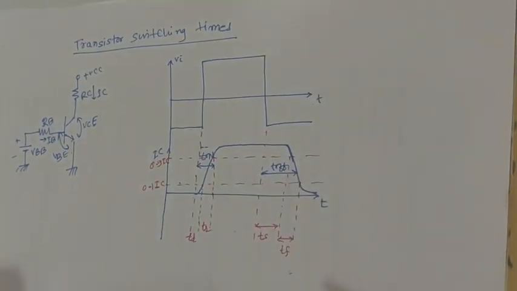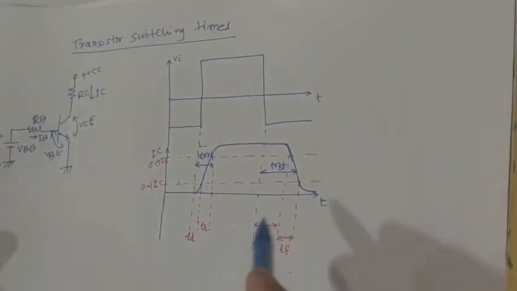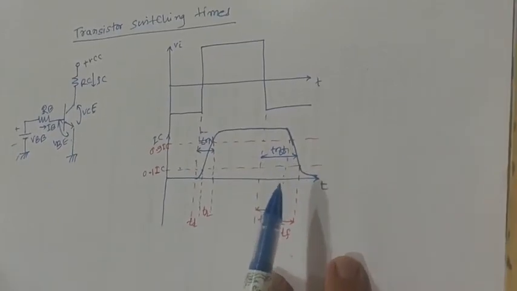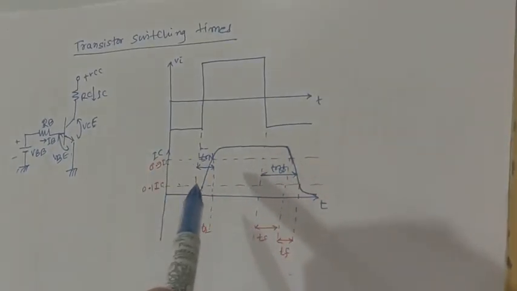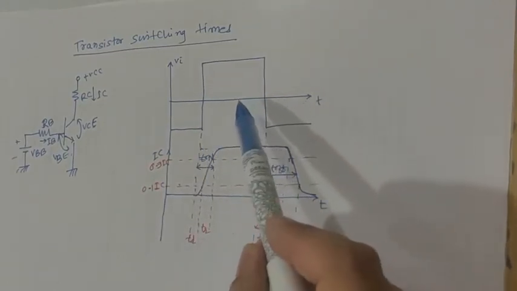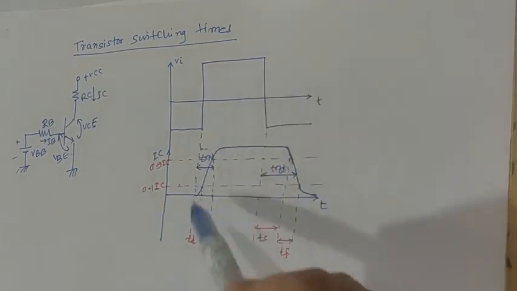Okay, now what is the meaning of these four values that we will be considering first, and then we will be talking about how they are important to us. So let us talk about the diagram that we have drawn first. Before I start with the current values or the definition of the times, let us talk about how this diagram has been drawn. The response of the collector current IC to the input, together with its time relationship to that of the waveform, is shown in this diagram.